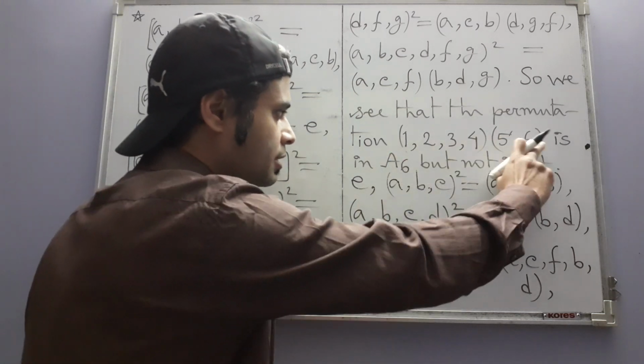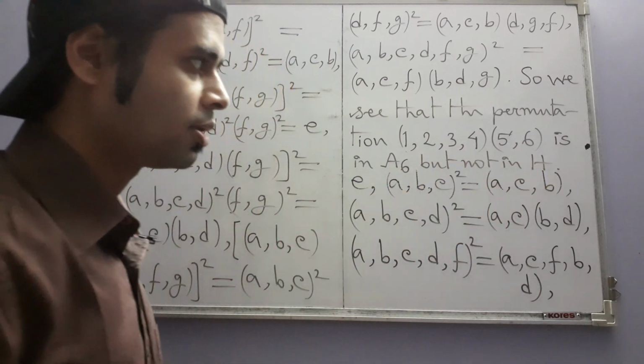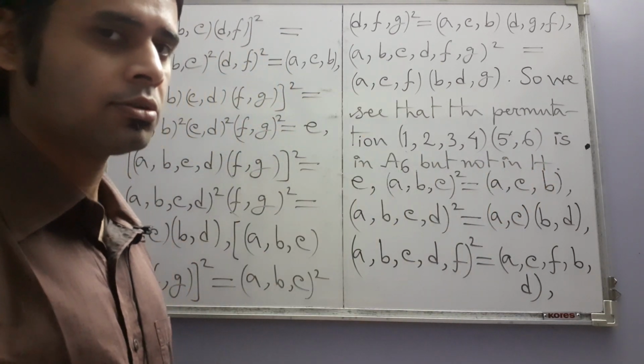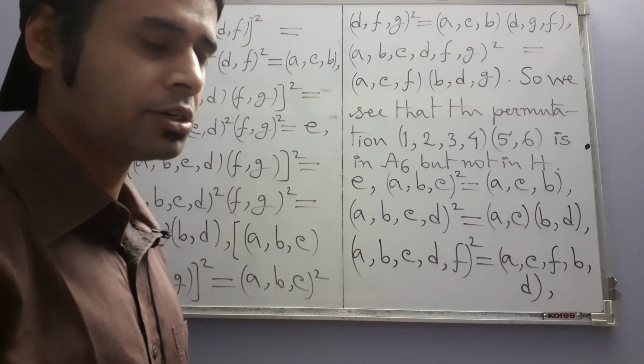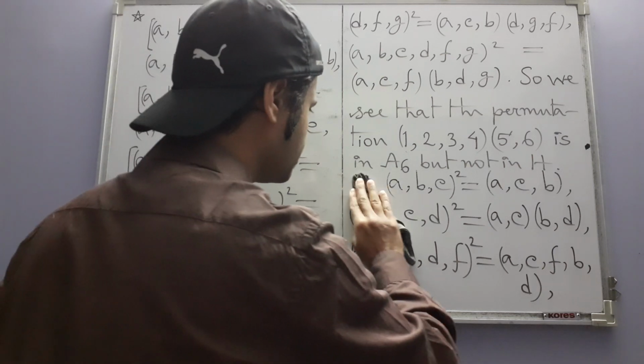So that is why this is even, due to which it belongs to A6, but of course it does not belong to H, and that is why A6 is not equal to H. So you can now just simply write, hence